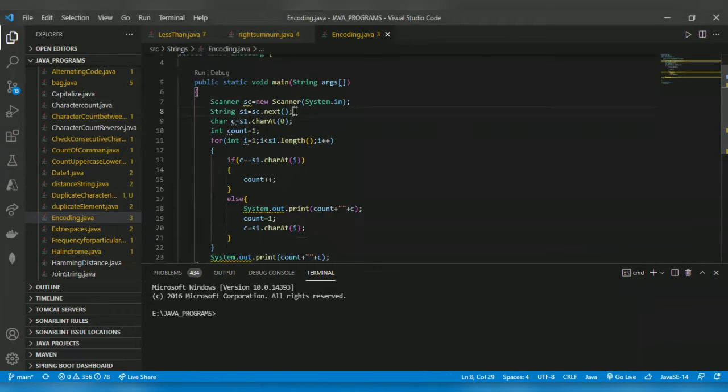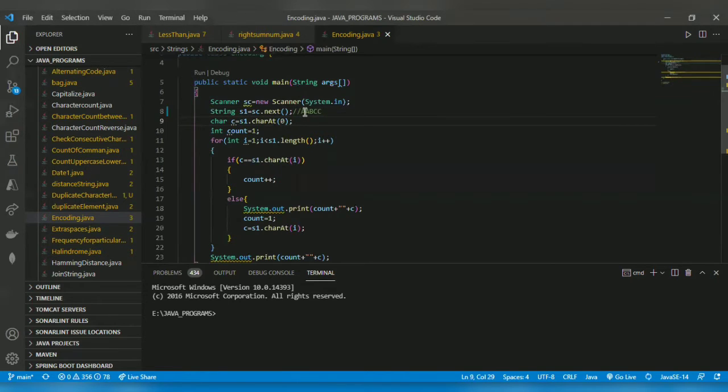As usual, we start the program by getting a string as input, sc.next. Here I will consider this A, A, A, B, C, C. char c is equal to s1.charAt(0).